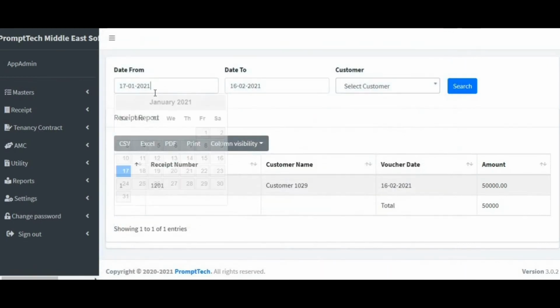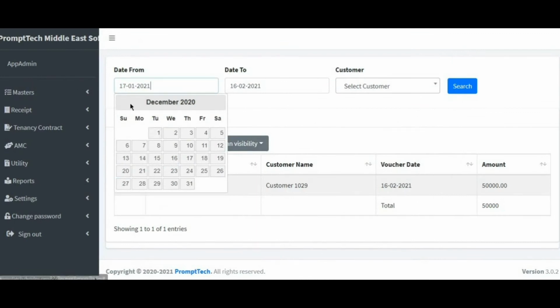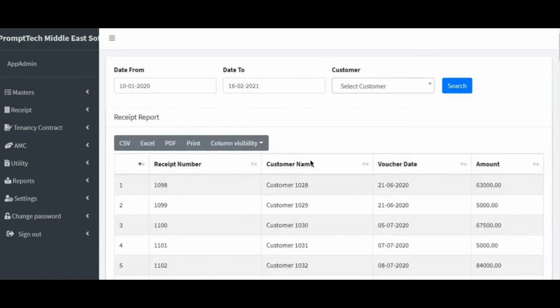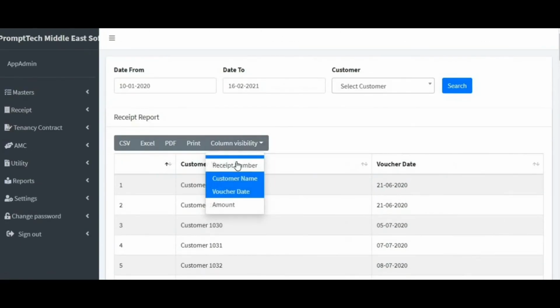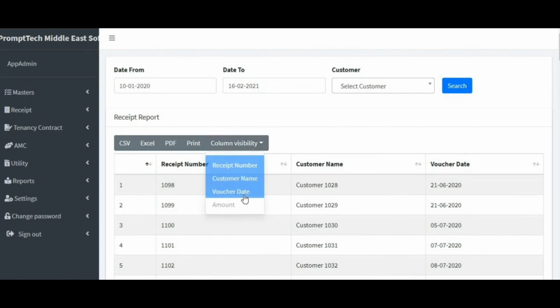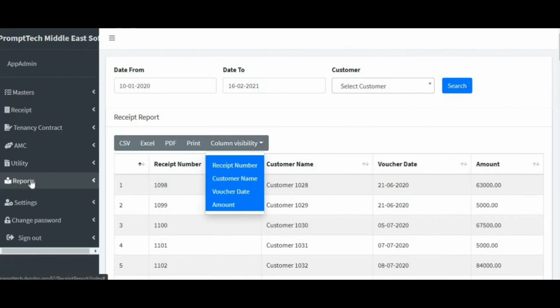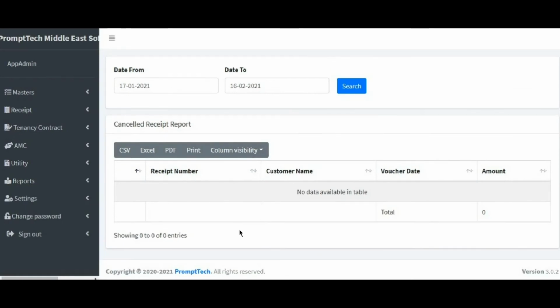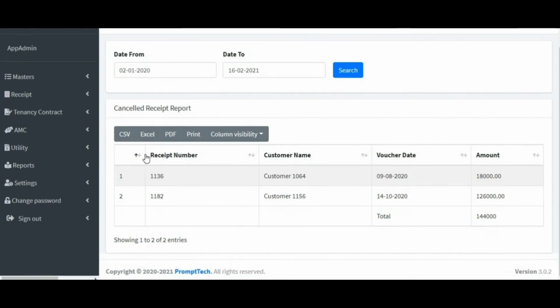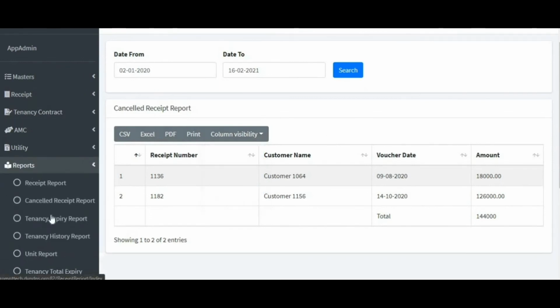Next I'll talk about reports. Reports are basically the receipt reports, guys, right? As I said, we had created before, the customer had given us the payment for the entire year. So if you want to print a receipt for them, obviously we have to give the tenant the receipt for the money he has paid. So we can create it here. We can even import it, or we can create it in PDF format and give it to the person. So I'll just take an example of PDF.